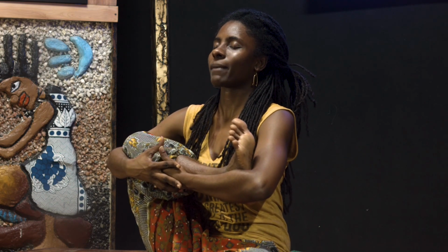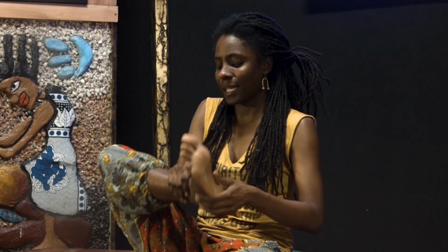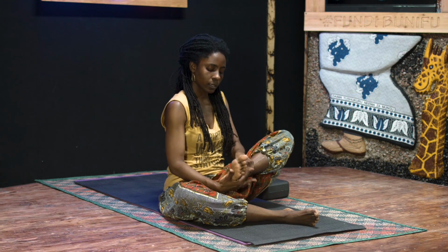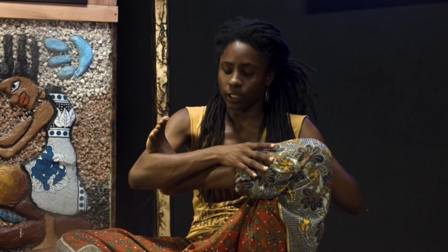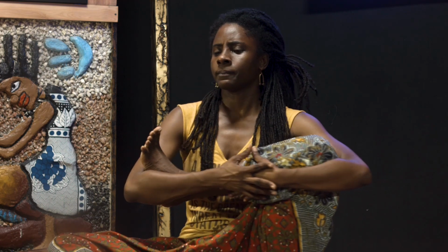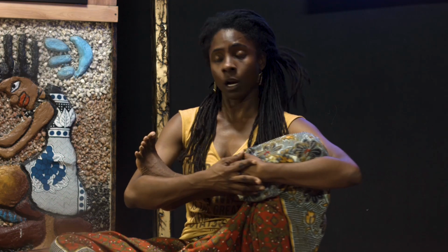Be long in the spine as you continue to breathe. Breathing here for maybe 6 breaths as you rock. And then exhaling, placing this foot down. Then take the other foot, lift it up toward the chest, place the foot in the elbow and the knee in the elbow and cradle this leg. As you lift up through the waist, rock up on the sit bones, keeping the spine long